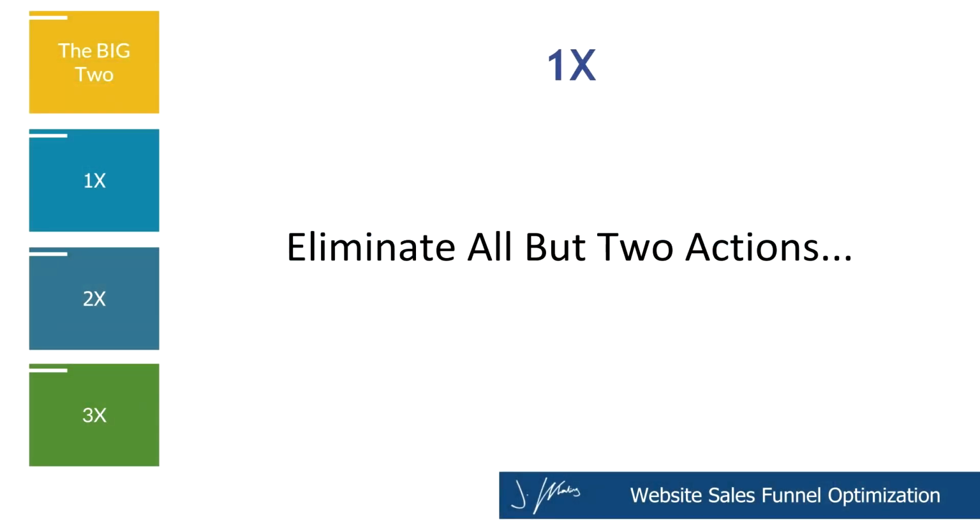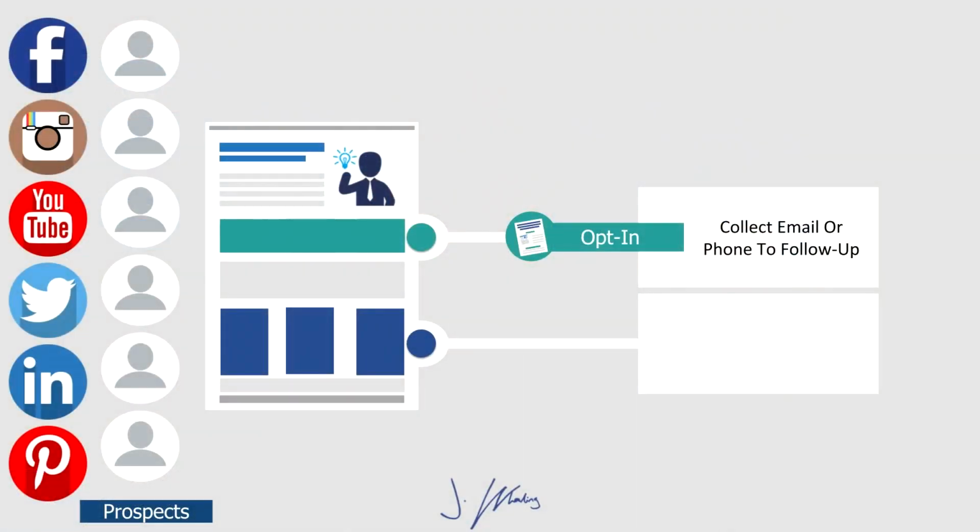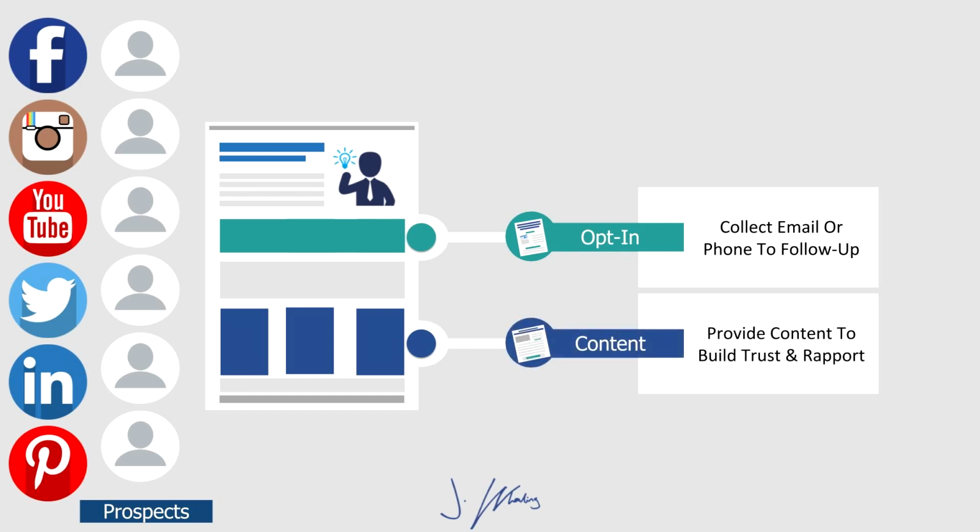Now, there's 2 ways you can answer that second question, which is going to be step number 2 here, and that is the 1x. So we gotta start somewhere. We gotta start at 1, actually starting to generate some leads for you. So when it comes to your homepage, you either want to be providing an opt-in offer to collect their name and email or phone number, or you want to be providing content for them to learn more.